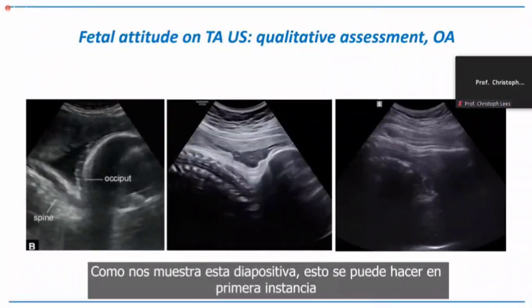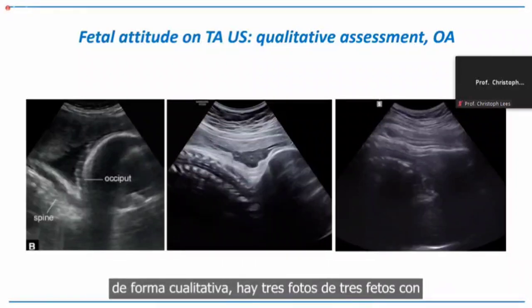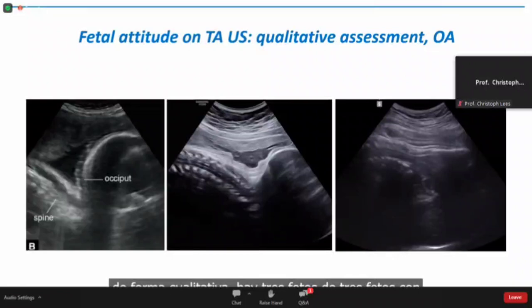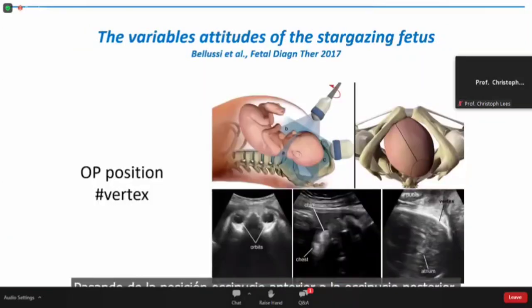As you can see from this slide, this can be done in first instance qualitatively, and you can see three pictures of three fetuses with markedly different degrees of flexion, with a highly deflexed fetal head on the left-hand side, and on the other hand, a highly flexed fetal head on the right-hand side. Moving from occiput anterior to occiput posterior position, again in these cases, intrapartum ultrasound allows a qualitative assessment of the